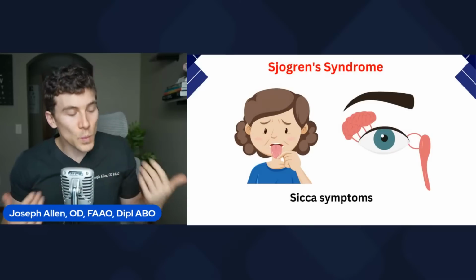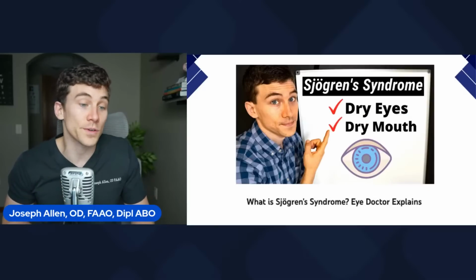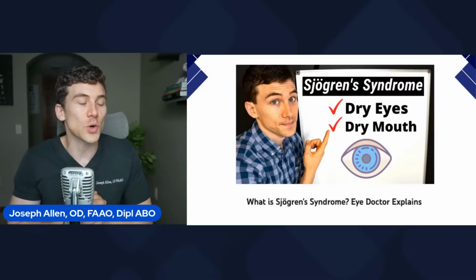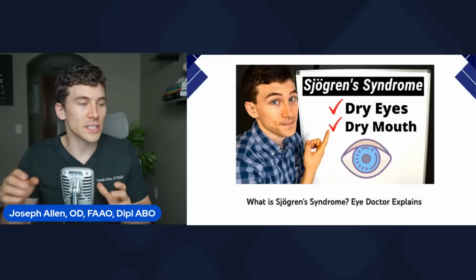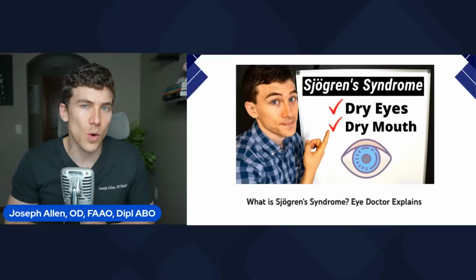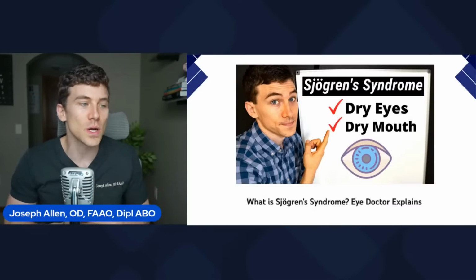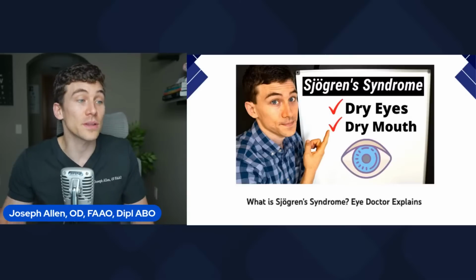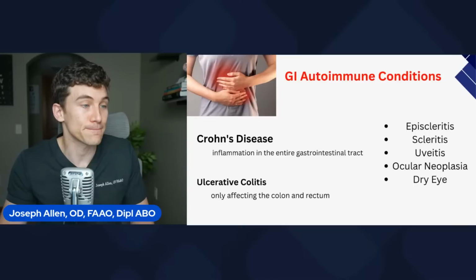With Sjogren syndrome, we do have to order different tests. I have another video I did a few years ago on Sjogren syndrome, and I put a link in the video description as well as in the chat if you want to learn a little bit more. In that video we highlight the different blood tests that we do, as well as possible treatments that doctors can prescribe to help with this specific autoimmune condition that causes really severe dry eye.